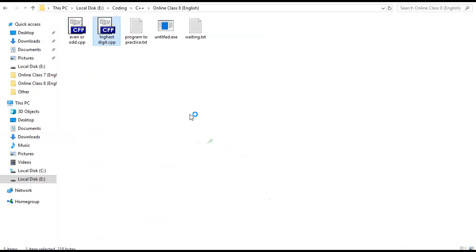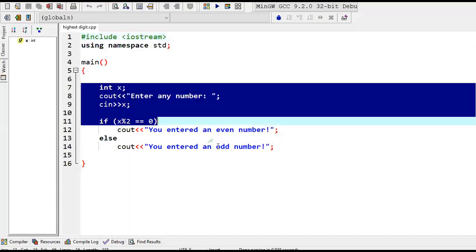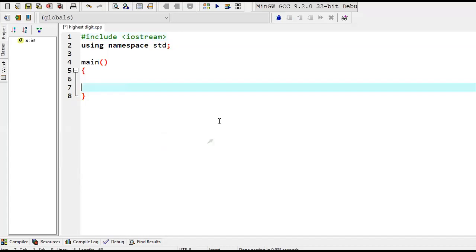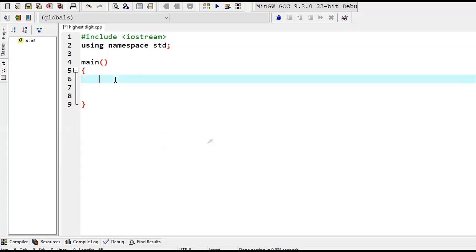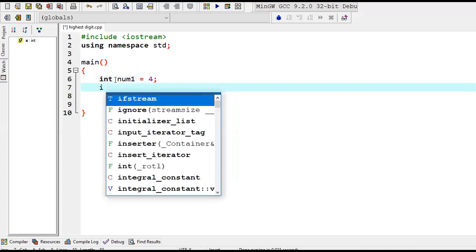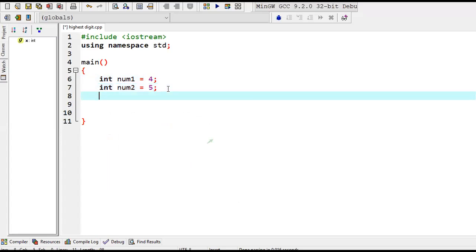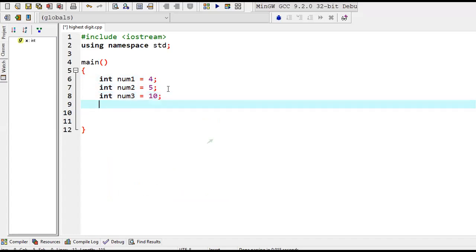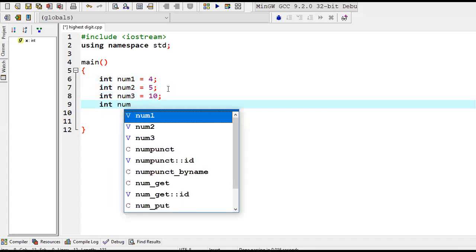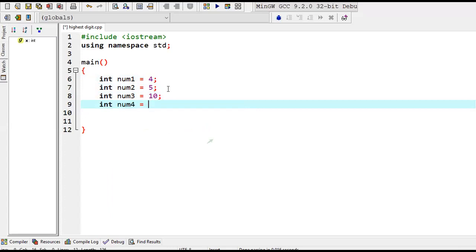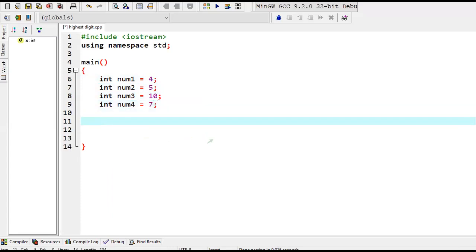and I'm just going to erase all these lines because this is from the previous one, right? And now first of all I have to get 4 integers, right? So int num1 equals, suppose, 4, int num2 equals 5, int num3 equals 10, suppose, and int num4 equals 7, suppose. Now I have to write a program